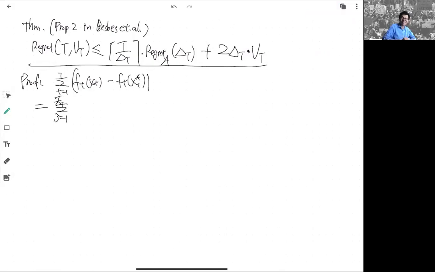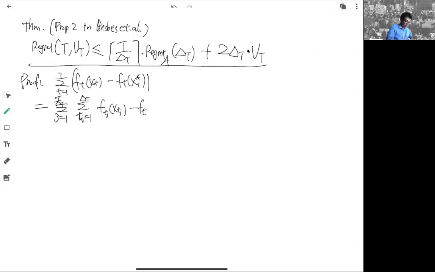I'm going to skip the ceiling, so let's for now assume that T is an integer multiple of the chosen batch size. Then t_j from 1, so this is the individual index within each batch, and then you get f_tj of x_tj,